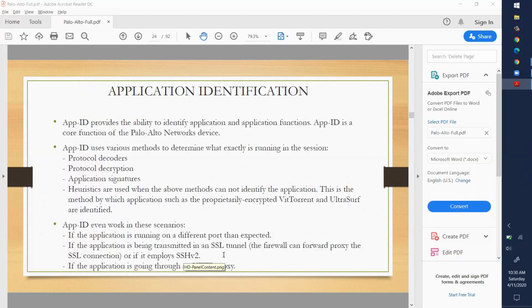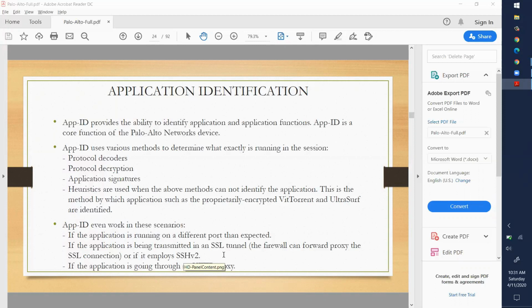Likewise, you also have SSH version 2, secure shell version 2. It also utilizes some keys that are generated to make the communication secure. So SSH version 2 can also be decrypted and inspected at a deeper level.